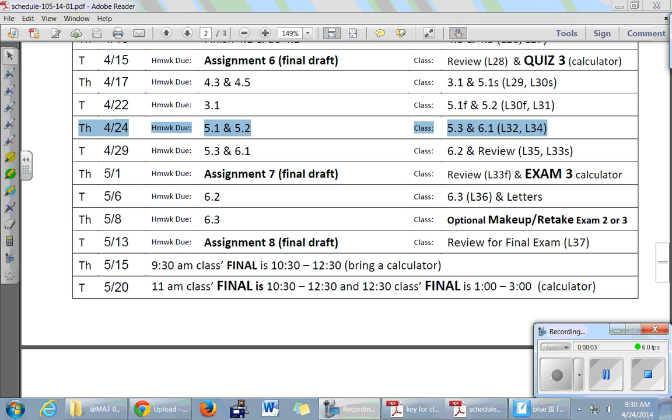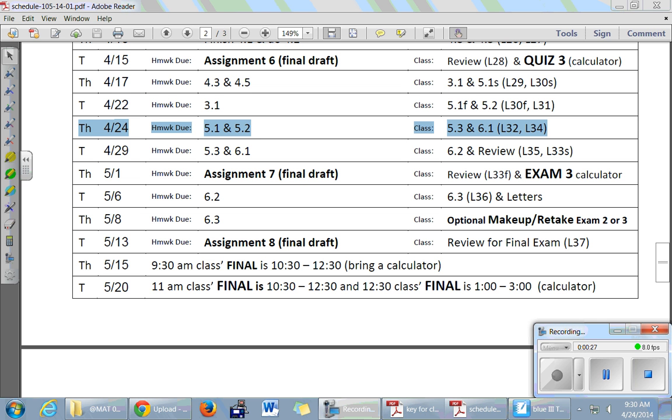Okay, our quick look at the calendar for today. We're going to cover 5.3 and 6.1. Good news for some of you, not a single word problem will appear in today's lesson. Today is all about figuring out what kinds of patterns follow when you're trying to mush x's together. And we'll do something called factoring for the first time. So 2 sections today and then 2 sections of homework due tomorrow,